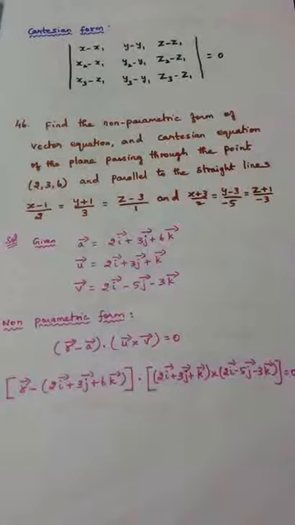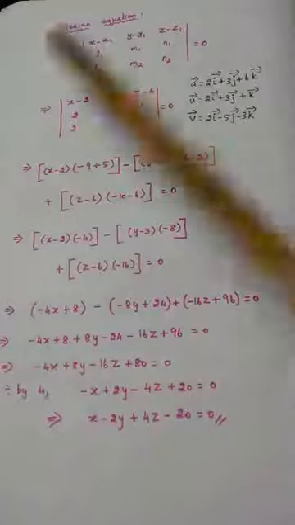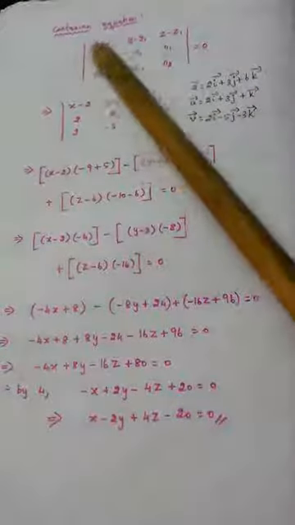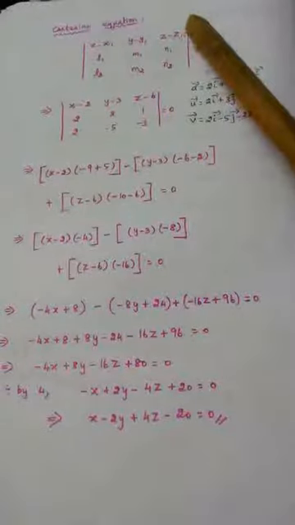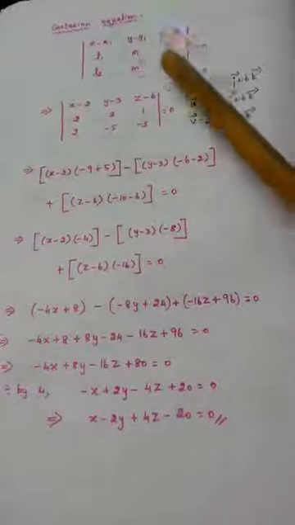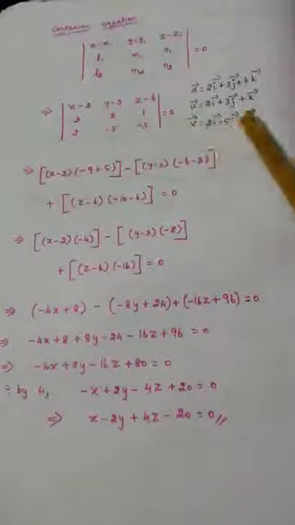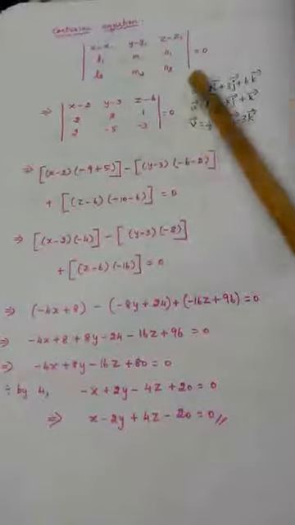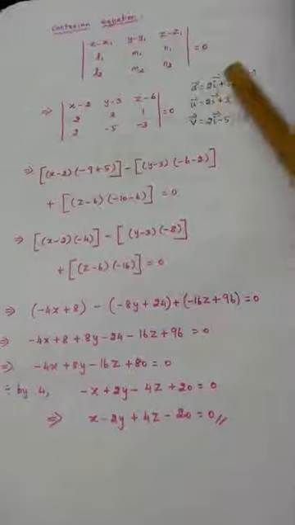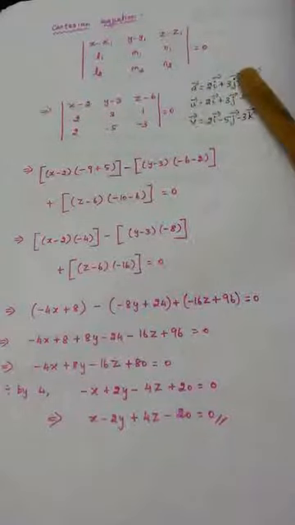Now we will see how to find the Cartesian equation. So first, for the Cartesian equation, we should write the formula here. What is the formula? Determinant of x minus x1, y minus y1, z minus z1; l1, m1, n1; l2, m2, n2, because we have two parallel vectors, equal to 0. Now, in the beginning we started with writing a vector, u vector, v vector. For our understanding I have written once again what is a vector, what is u vector, what is v vector. See the previous page, this will be there.